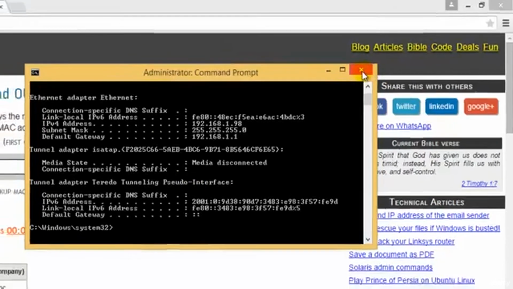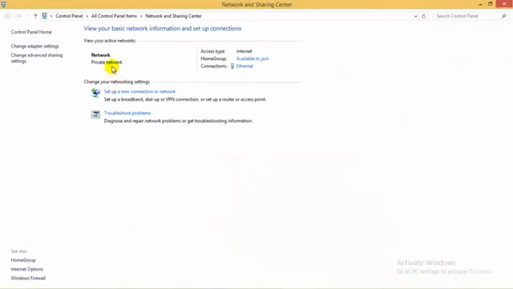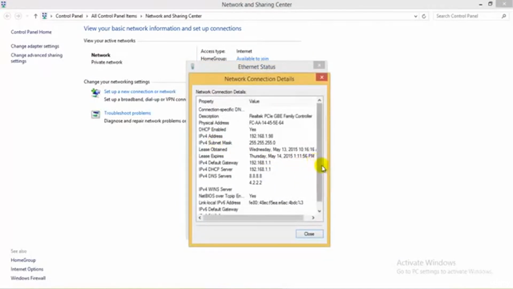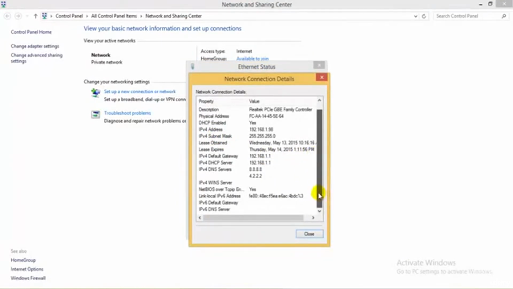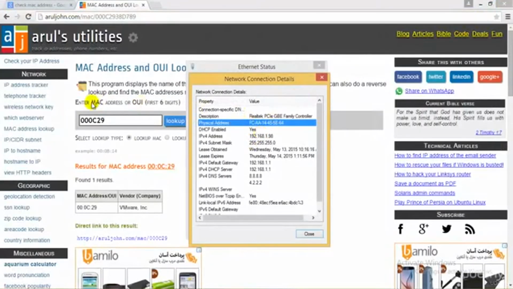So what I would do, I'll just cancel. I'll just go open over here and check. I need to go ahead and check the MAC ID. So I believe we have the MAC ID over here. Okay, IPv6 address, perfect. We have the MAC ID. So I'll just type it over here,